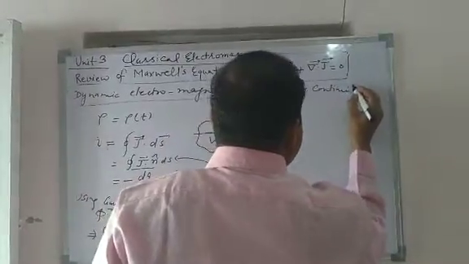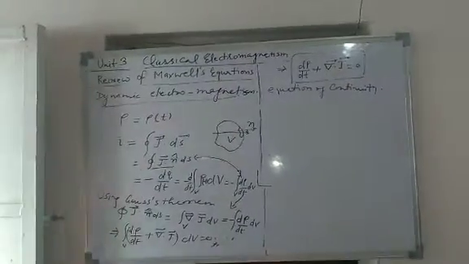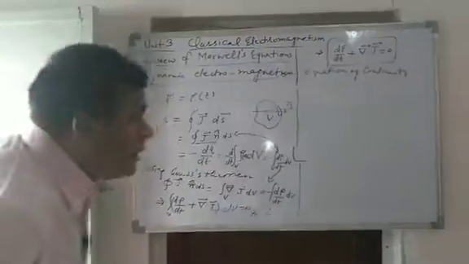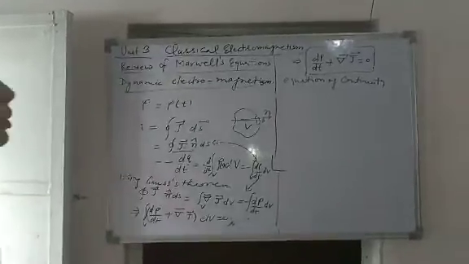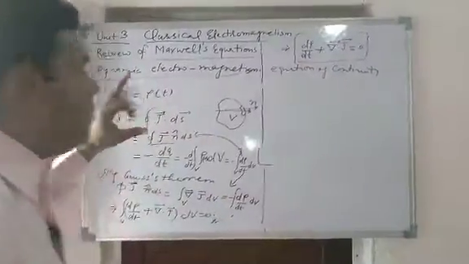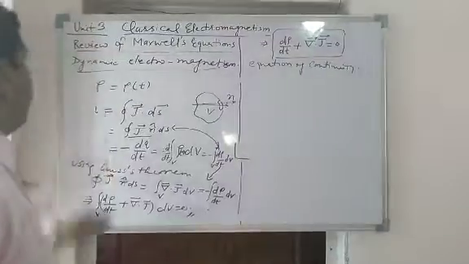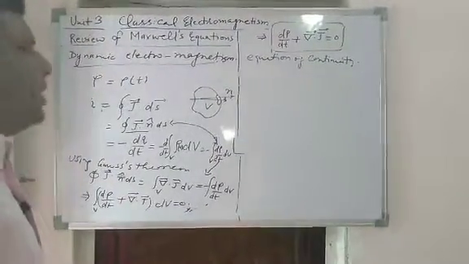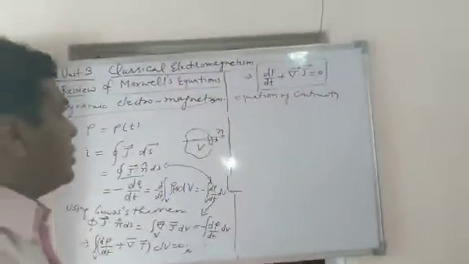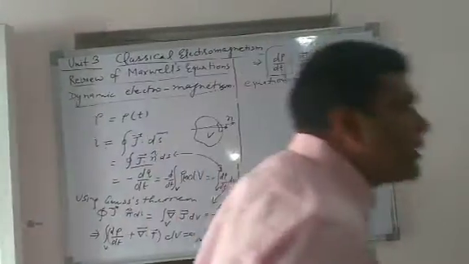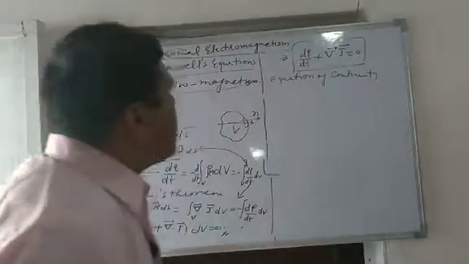What it suggests is that rho and J are two dependent quantities. That means there should be a relation between E and B when the charges flow. That is the case of dynamic electromagnetism. So this is an early hint of the unification of the electric force and the magnetic force. With this direction,